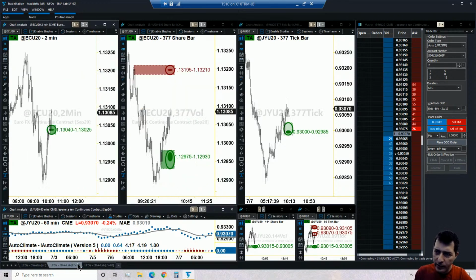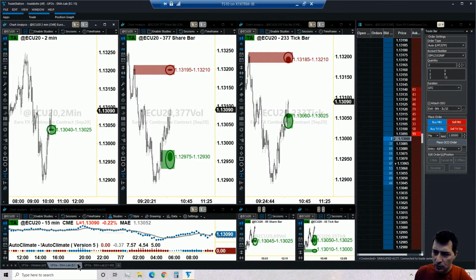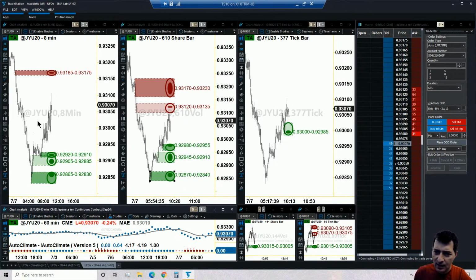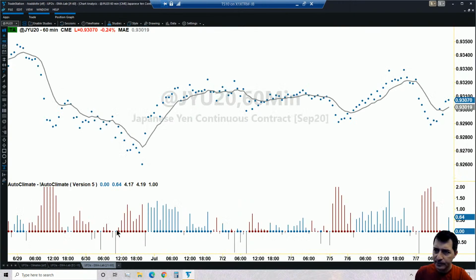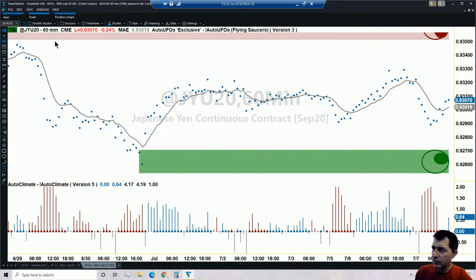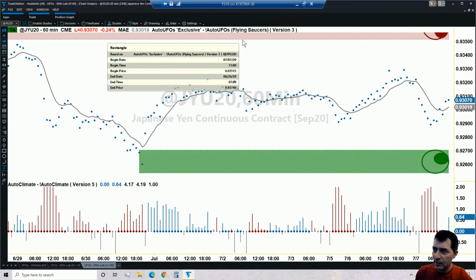Let me check the euro quickly. No red UFO, actually another green UFO showing up. So in the end, it seems that the climate may end up changing. So let's look for a target for the yen. Back to the yen, we are looking to go long. So therefore, that red UFO on the top would be our target. And that would be 93.515. So target 0.93515, that would be the location for the target.